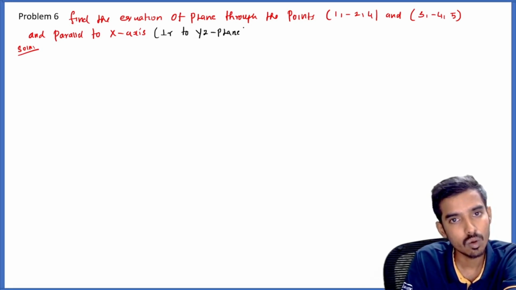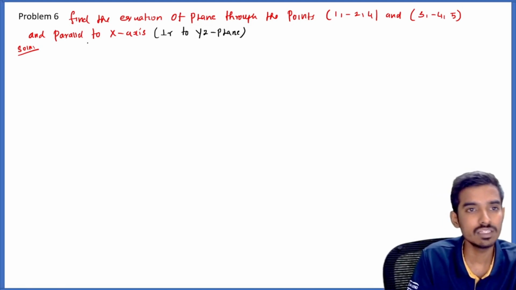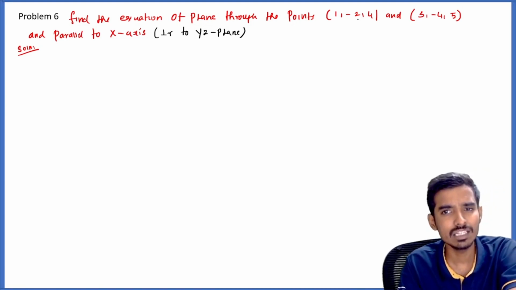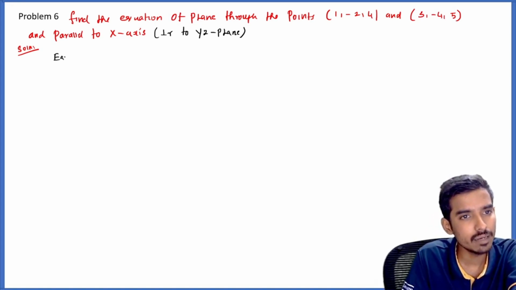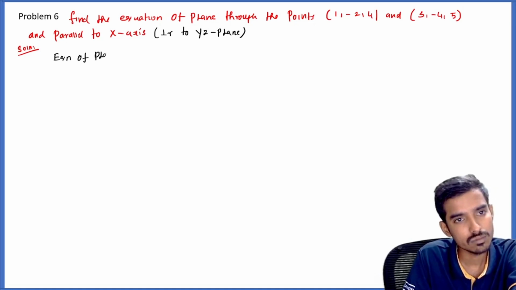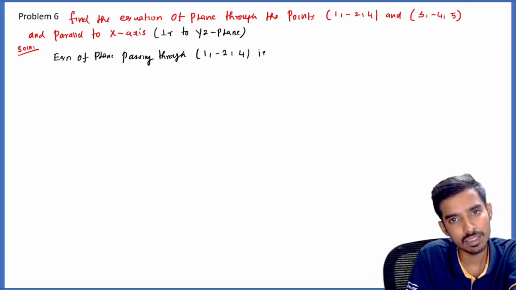Perpendicular to the y-z plane, right? So we'll do this. First, I think we already did this problem, right? Equation of a plane passing through 2 points and perpendicular to one plane. So first, we'll take only one point. The equation of the plane passing through 1, minus 2, 4 is given by,